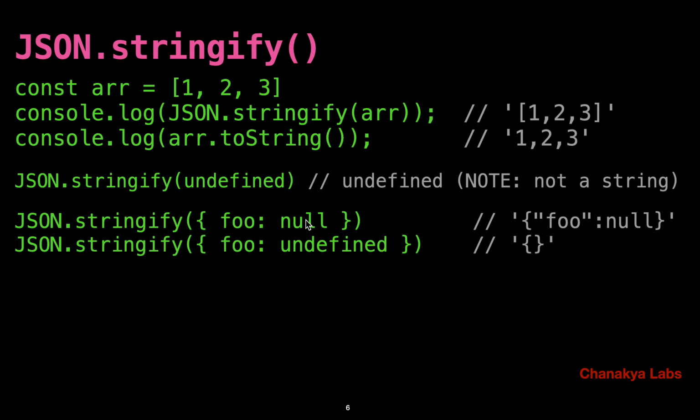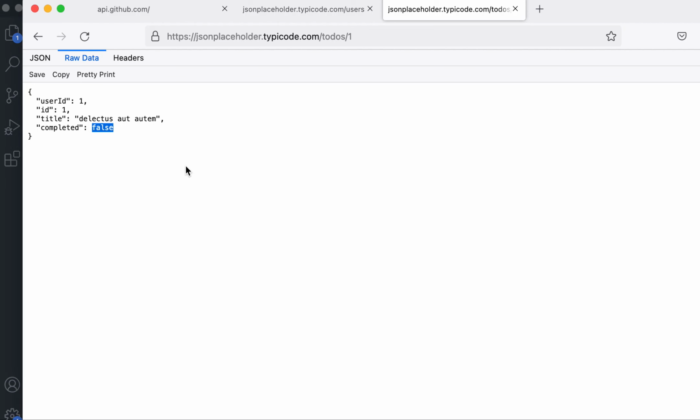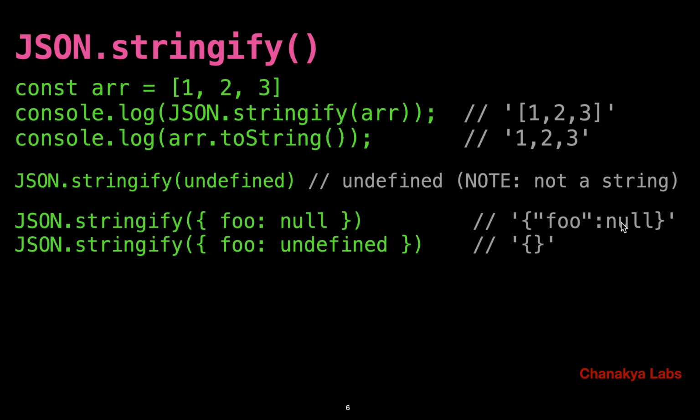It is null data which you are passing, right? And that null data is valid in JSON, and that's why null is there without quotes. Like for example here, true is there without quotes, false is there without quotes, 1 is there without quotes. It knows that these are supported types, right? Similarly, null is a supported type in JSON, and that's why it is perfectly valid. The key has to always be a string, and that's why it is in double quotes, and the value is null,